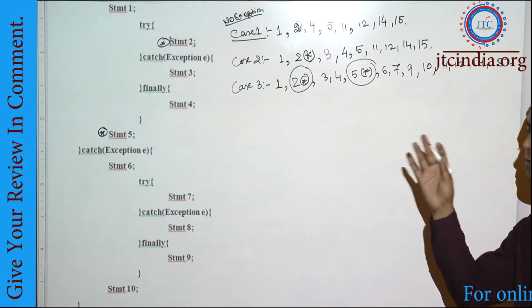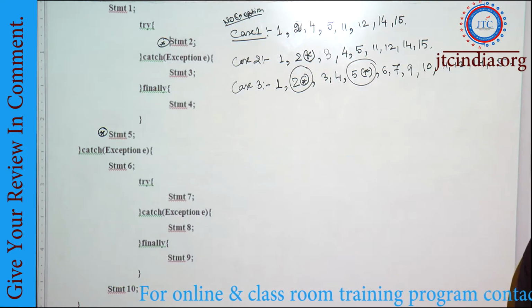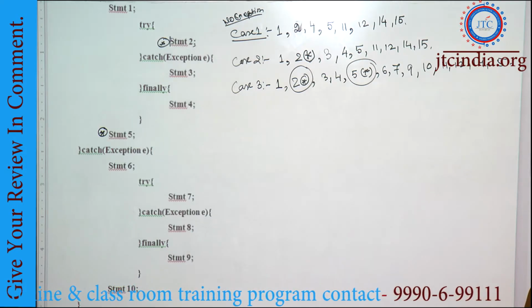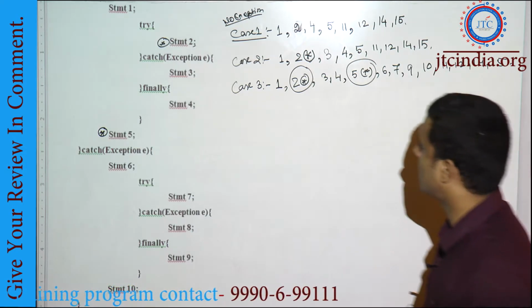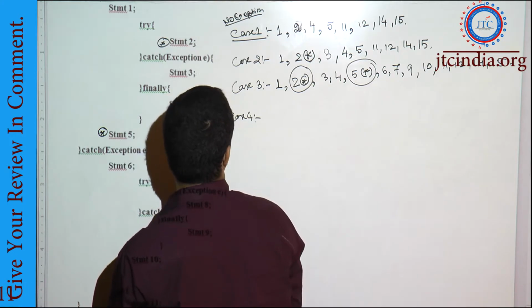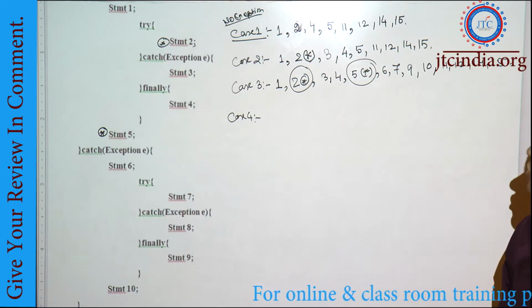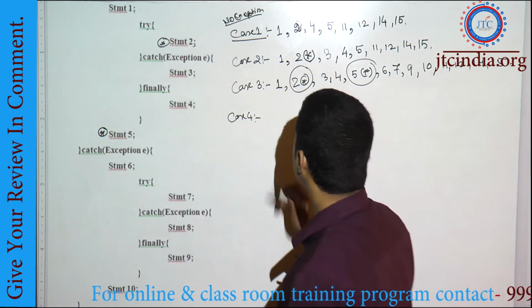According to that, the flow of the program and the statements of the program will be there. Now, when we look again, we will write another case. The case number we are writing here is case number 4. So what happens in case number 4? Statement 1,